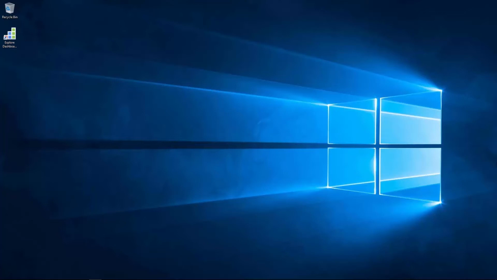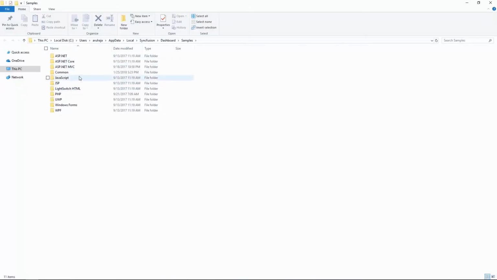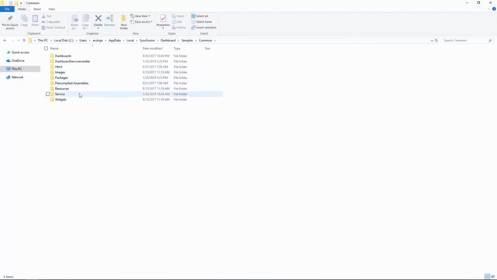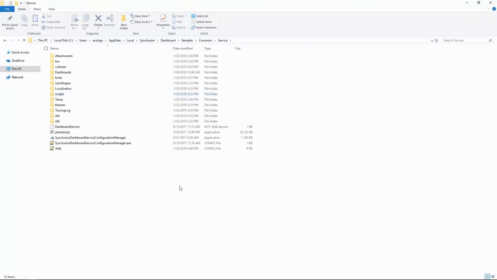Syncfusion Dashboard service is a WCF application that runs on the server side and provides the data needed for the Dashboard Viewer plugin, which will be on the client side to render the dashboard. You can either host the Syncfusion Dashboard service in IIS or in IIS Express. It is highly recommended to host the Syncfusion Dashboard service in IIS for production use.